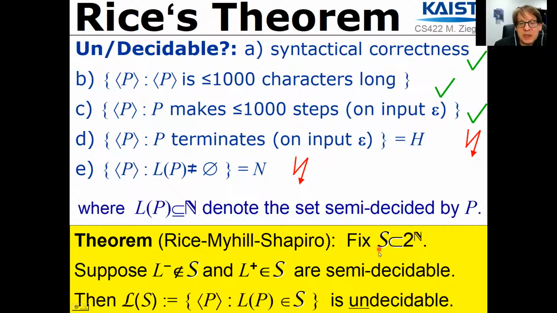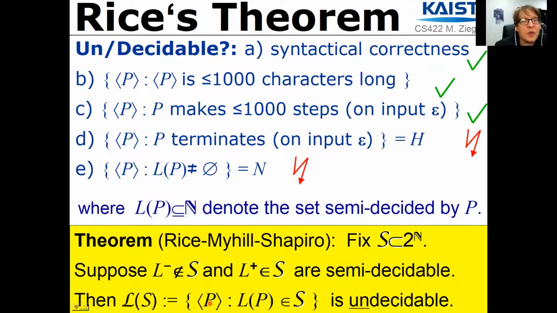And for each such collection of subsets, we consider the induced decision problem, semantic decision problem on programs, namely, for a given program, is the set semi-decided by this program, recall every program semi-decides a set, is the set semi-decided by this program, does that belong to this collection of subsets or not? So the set semi-decided by a program is a subset of natural numbers, the set of natural numbers where the program terminates. And the question whether for a given program this subset belongs to this collection of subsets or not,